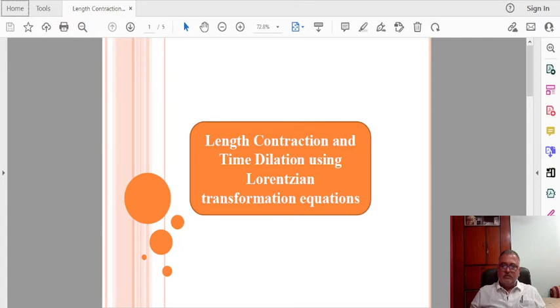In concern with the relativity, how the length is contracted. It is called as length contraction. Then